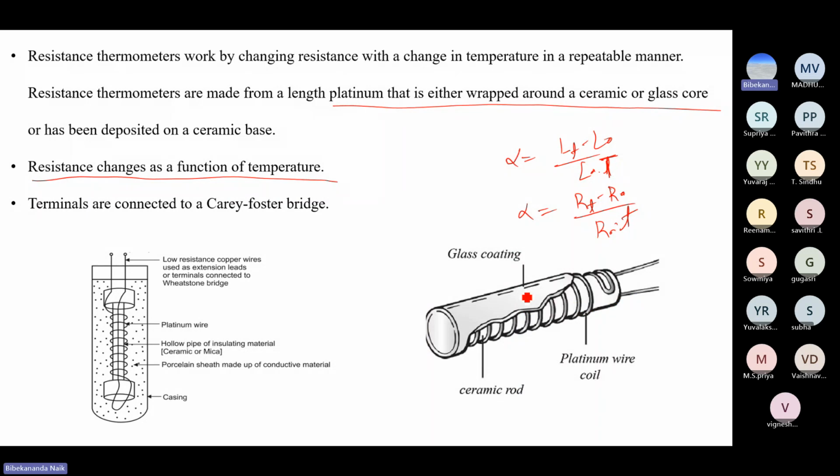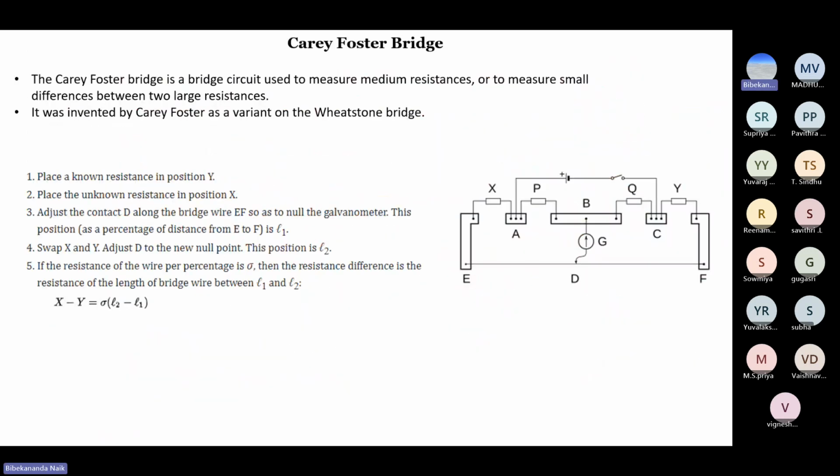And in this similar setup, there is a hollow pipe of insulating material. It can be ceramic or mica. Then this terminal is connected to a Wheatstone bridge or Callendar-Griffiths bridge. Basically, the Wheatstone bridge and the Callendar-Griffiths bridge are more or less the same, but the latter is a modified one. The Wheatstone bridge is the more basic one. So, what is the Callendar-Griffiths bridge? You must have performed the experiment in your